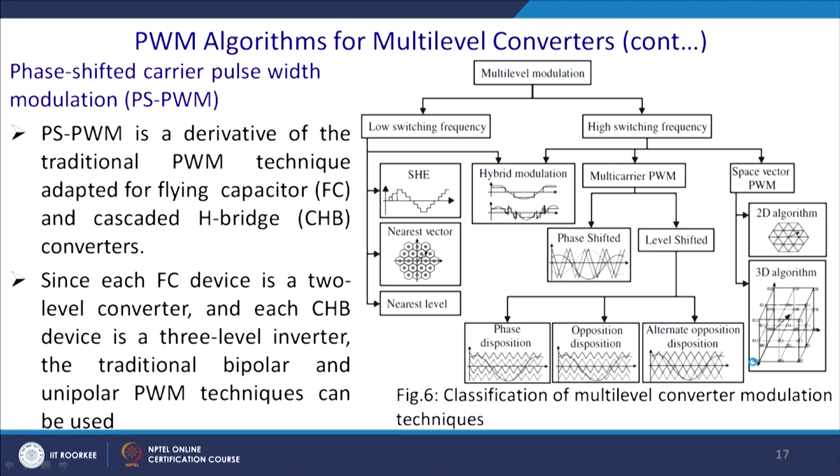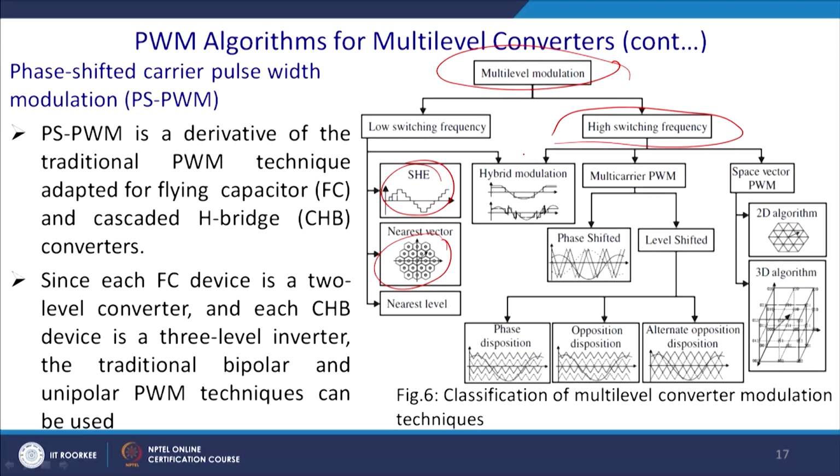The modulation algorithms are classified in terms of the average switching frequencies. So, this is the block diagram of it. We will show the different kinds of switching strategies. You can have the multi-level modulation technique. One is low frequency, made by GTOs or even SCRs. You can use selective harmonic elimination, and you can have nearest vector and also nearest level. From there, you can have a high frequency switching pattern.